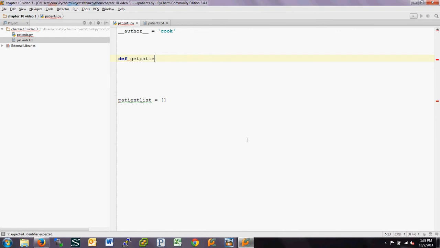And there's some things that I'm going to want to be able to do. I'm going to want to be able to get a patient list, and that's going to come in from a file. And it's a cool little command for Python. If you're not sure exactly how you want to code something, or if you want to wait on the coding, you can just type in pass. I am going to want to save the patient list,